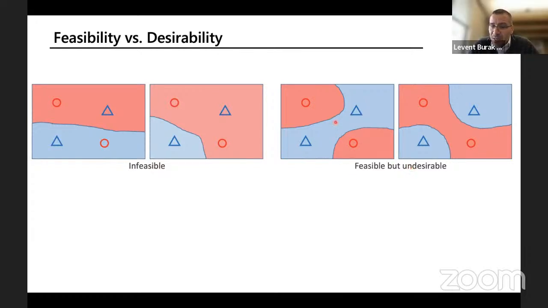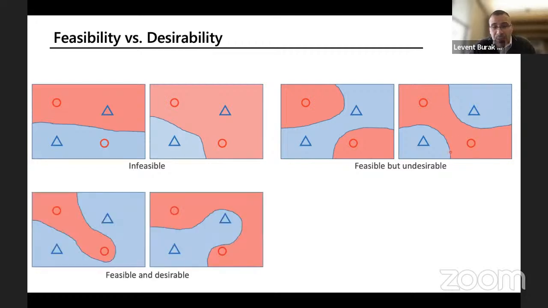So the classification is 100% accurate, but it is undesirable because it actually creates multiple disjoint planes for the red net. Likewise, in this example, multiple disjoint planes for the blue net. So this is actually an undesirable but feasible solution. Here are some examples of both desirable and feasible solutions.